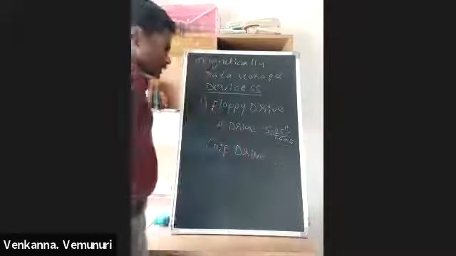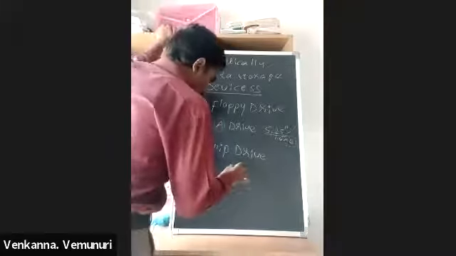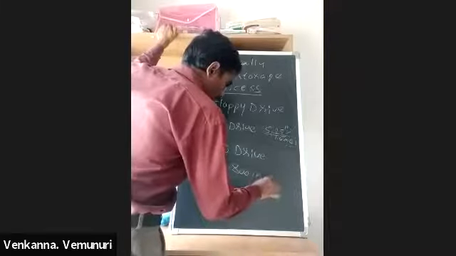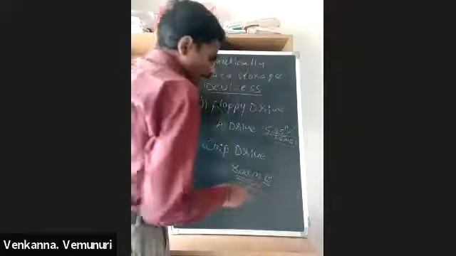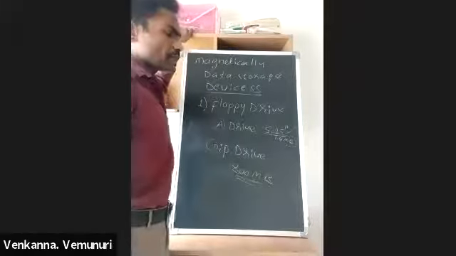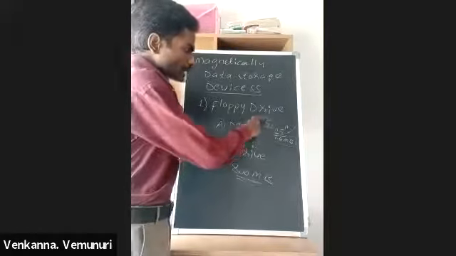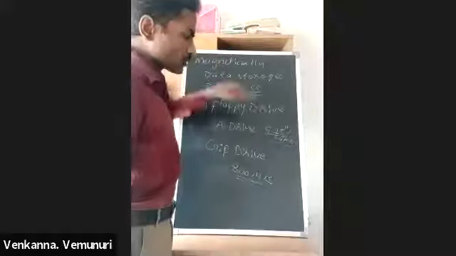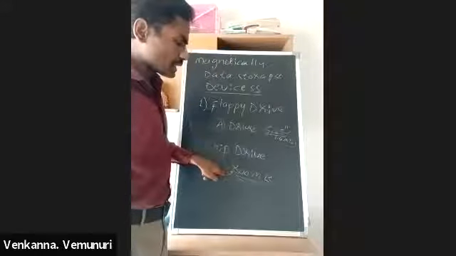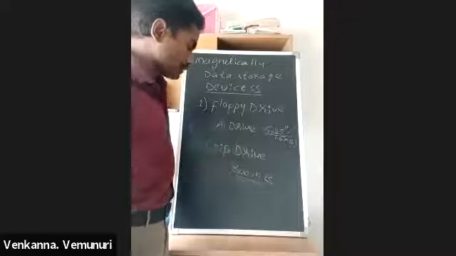Zip drive. This zip drive's maximum capacity is 800 MB. In older days, an 800 MB data storage device was a very high capacity storage device. The reason is that a floppy drive stores only 1.4 MB, but here it stores 800 MB. That is the reason many companies used zip drives for data storage.